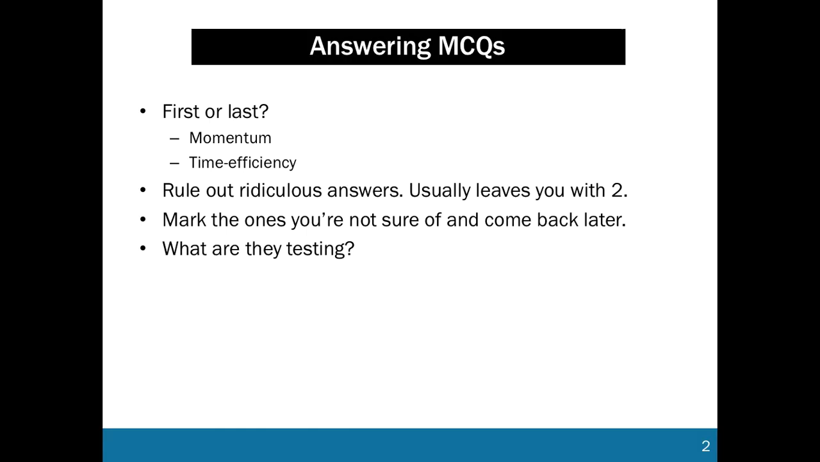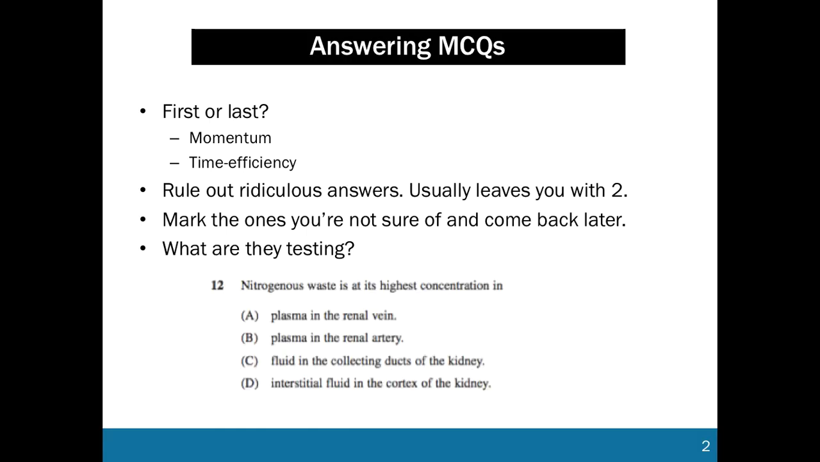So let's look at a question so I can show you what I mean by that. Nitrogenous waste is at its highest concentration in the renal vein, the renal artery, the collecting duct, or the cortex. So this is really testing your understanding of the function of the kidney and the structure of the kidney. If you think about the function of the kidney, one of which is removing nitrogenous waste, we know that